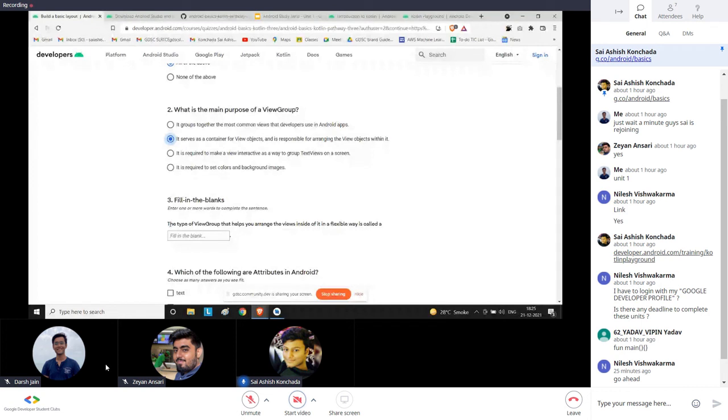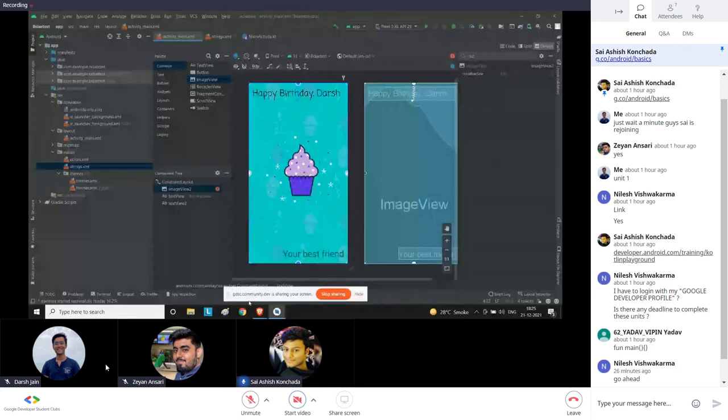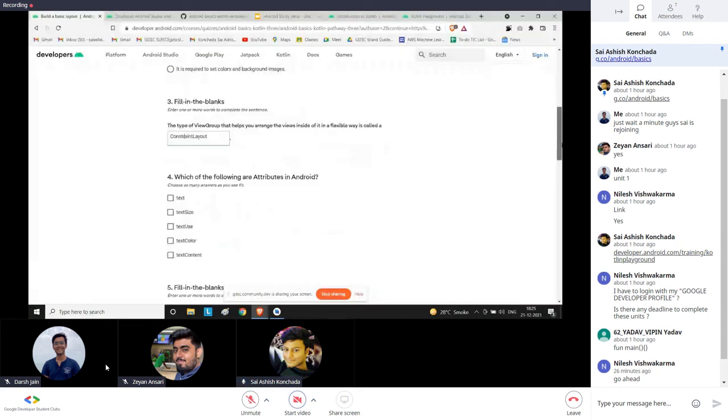Fill in the blanks: the type of view group that arranges the views inside it in a flexible way. I told you that the flexible one is constraint layout. So this one here, right here. Constraint layout is the one. You have to fill in the blanks using constraint layout.